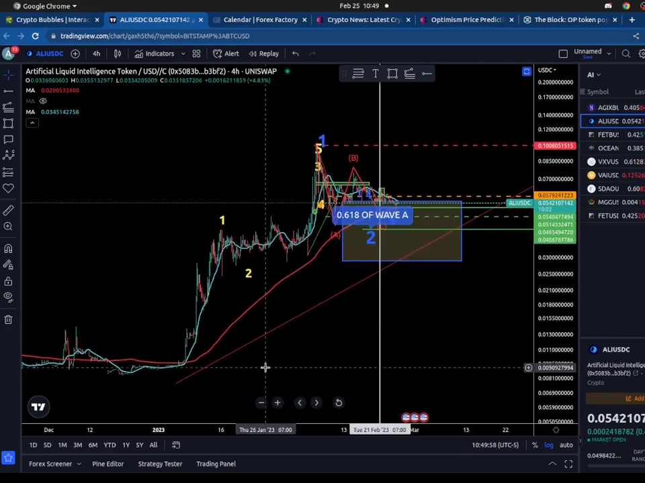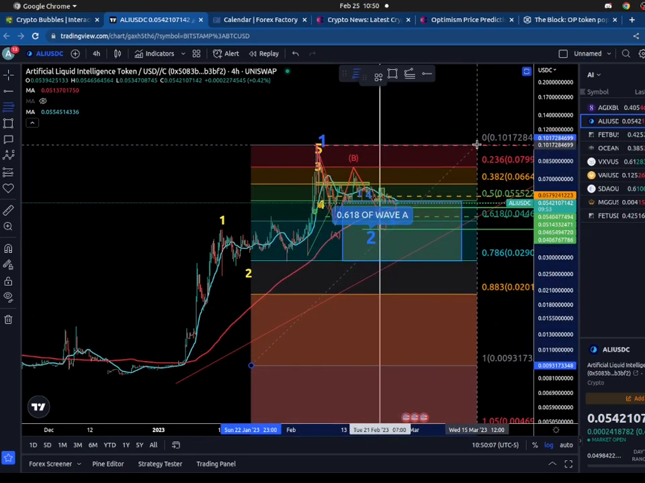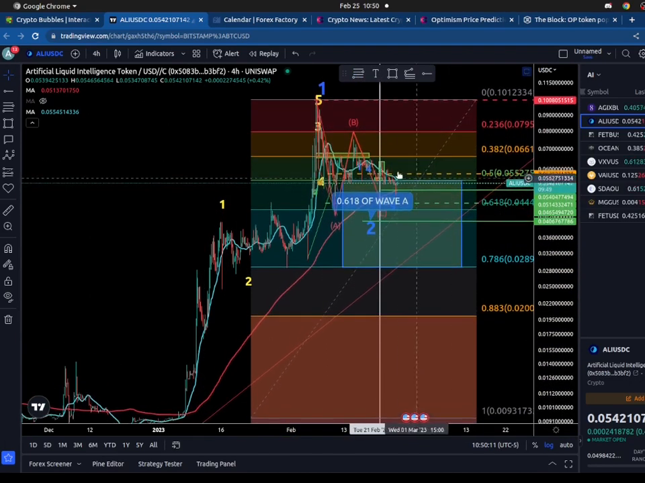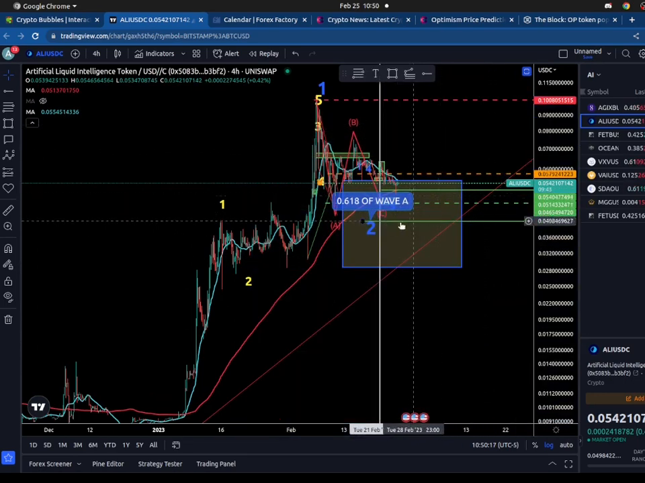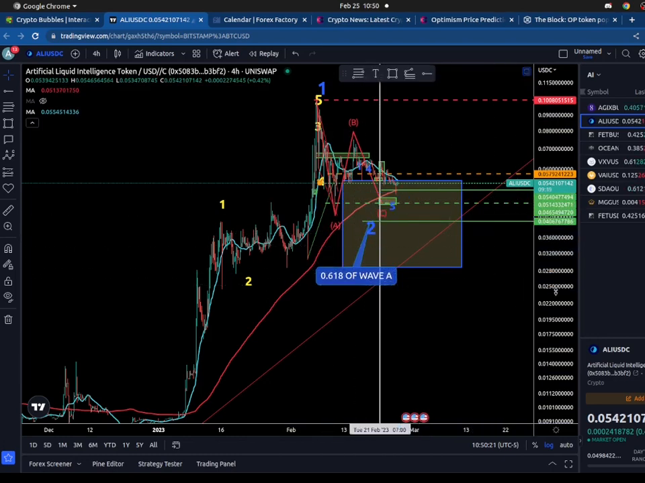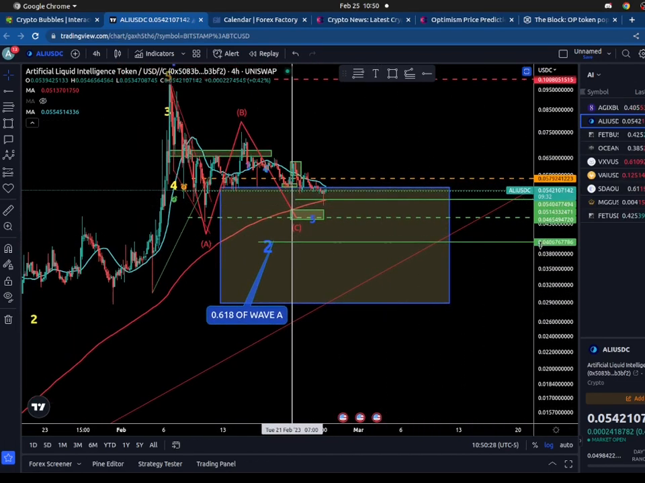Actually, let me do it again to see if it's the right thing. So we said this is the 1 and this is the 5. There you go. So this is between the 0.5 and the 0.786, so this is still a valid point. And as you can see, let me put that here like that. So we just entered the ideal retracement. I had some alarms, they got triggered. So today I'm monitoring